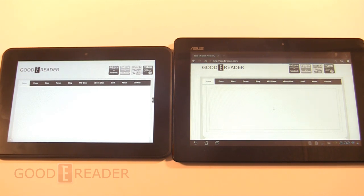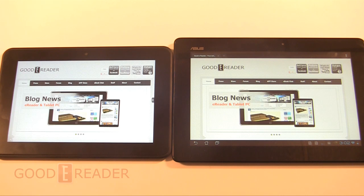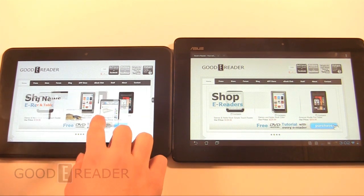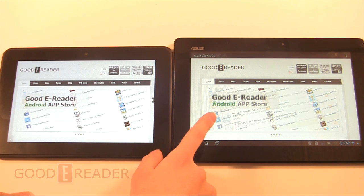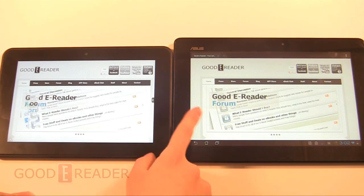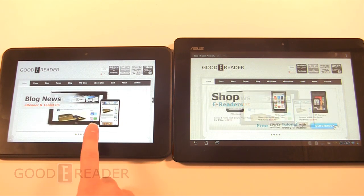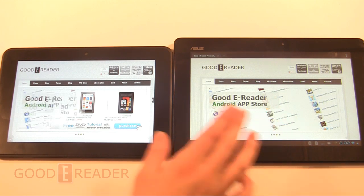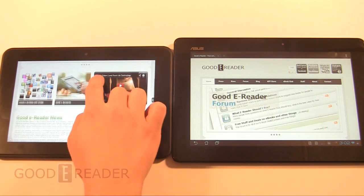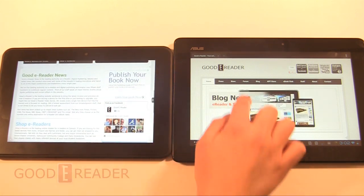They loaded pretty much the same. Asus is a little bit quicker to generate the images. Very graphic heavy home hub here we have. Look at these slideshows on the Asus, for example. Very fluid, very smooth. Now let's check out this one. Very choppy. We're running a much faster processor here than we are here, so that is a contributing factor. But in terms of scrolling up and down the page,